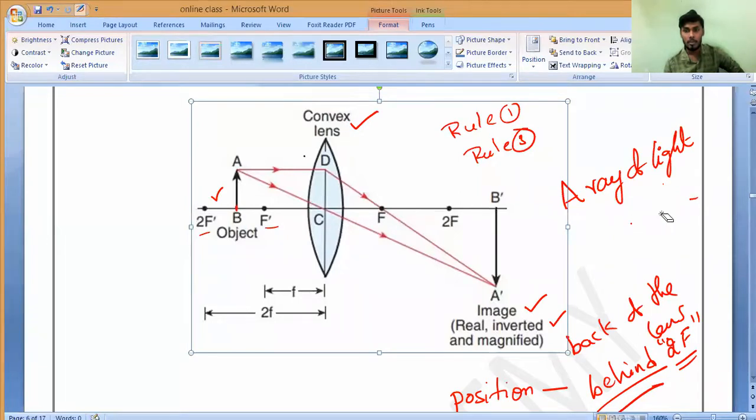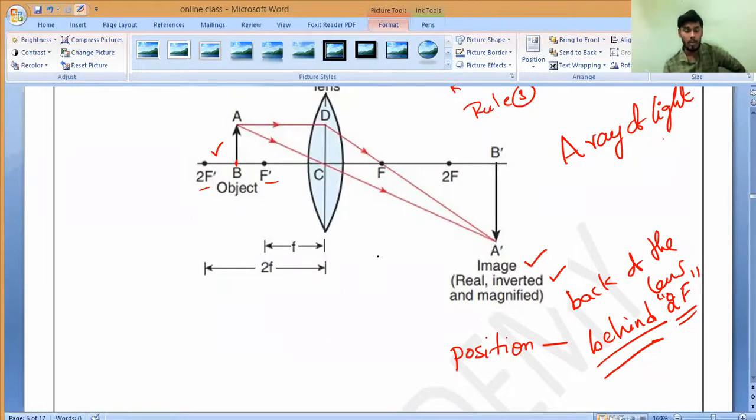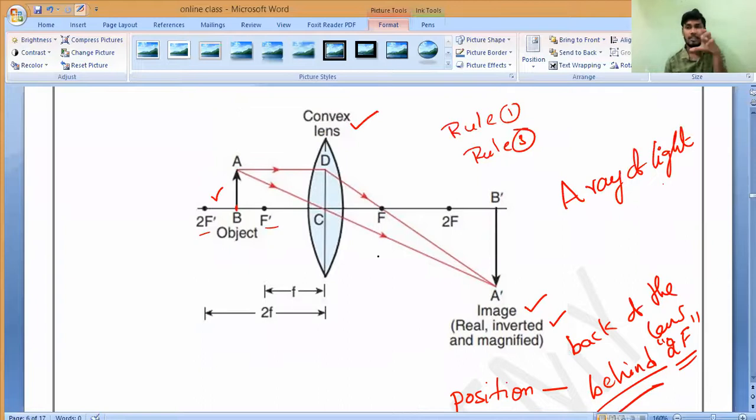If it is completed, you tell me. Draw, take your time and draw. No problem. Everybody must draw. And you have to learn it now itself, because tomorrow we'll solve numericals. Then nobody should face a problem. Anywhere, if I say the question, you should say the position of the image. You have to be thorough in that situation.